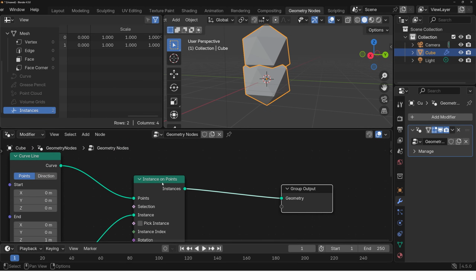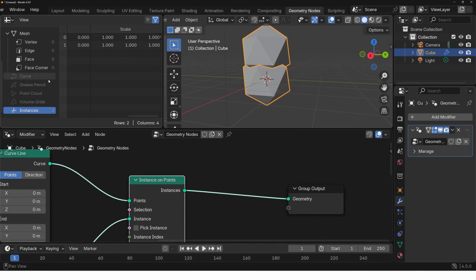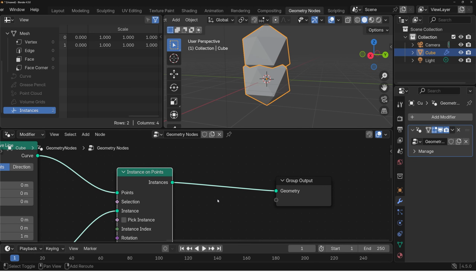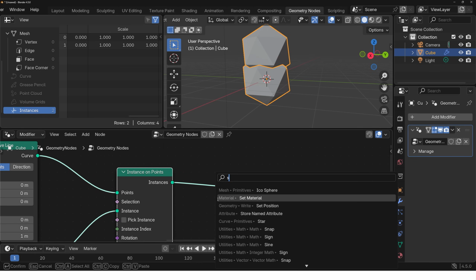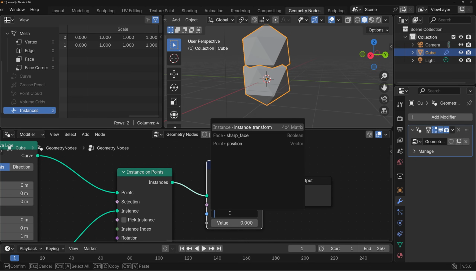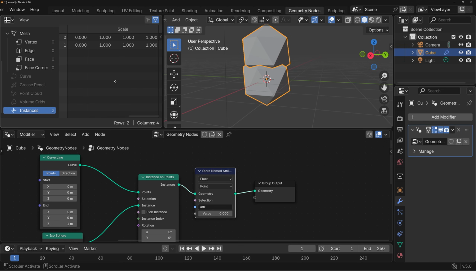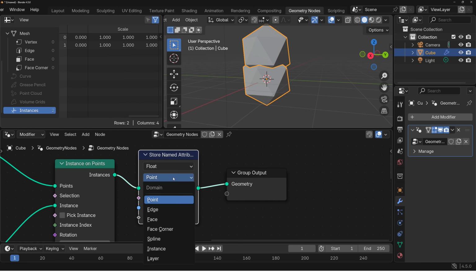Another thing that we should note about the geometry attribute or the geometry data type is that it not only has to store these, you can create your own custom ones as well. So for example, we can press Shift A and search for a store named attribute, plug that in. And now if we name this, let's say attribute or ATTR, for each of the instances, there's going to be a new attribute